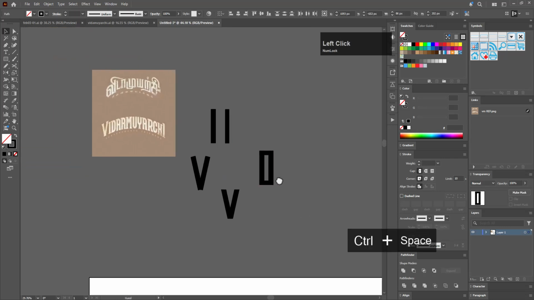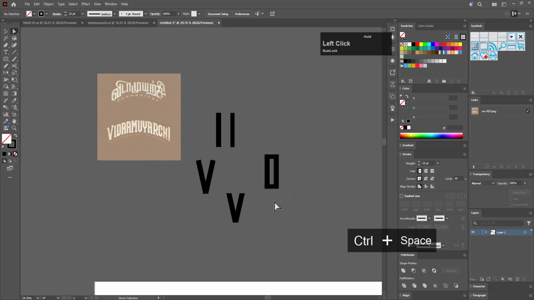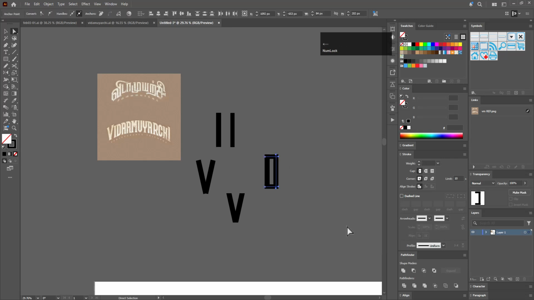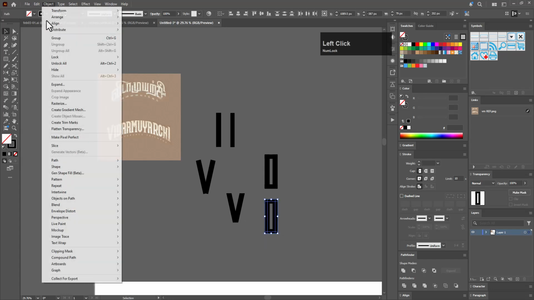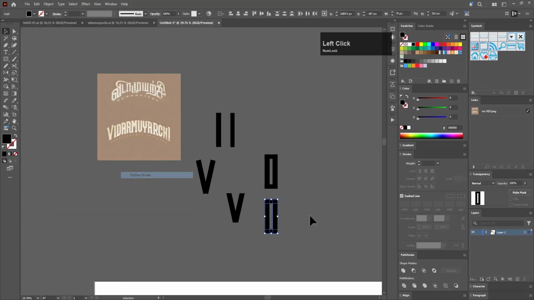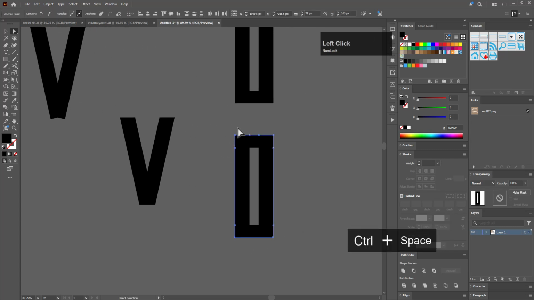and select all of this. Maybe let's reduce this gap by bringing this inside, and select this and hold Alt and bring it here, and let's select this, go to object path and outline stroke, and then select all of this, click unite, and then select this with EA, select this and select this, press yes,